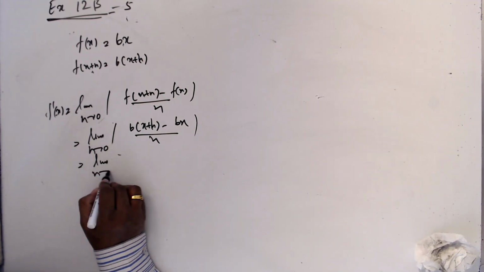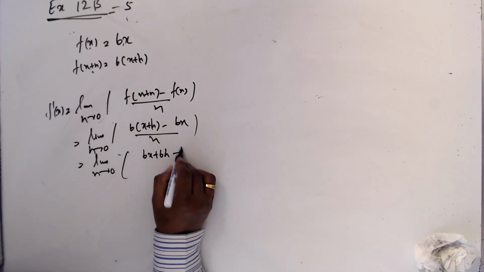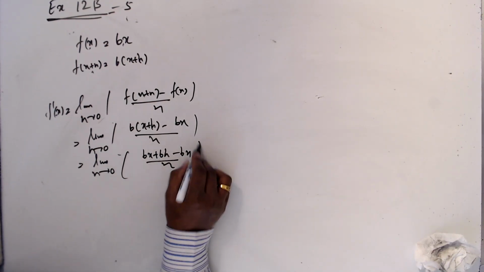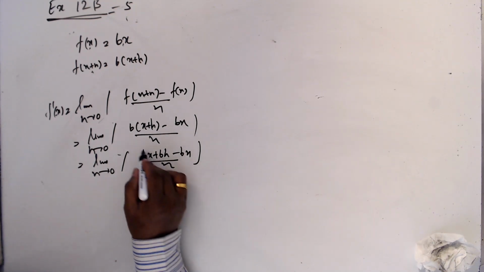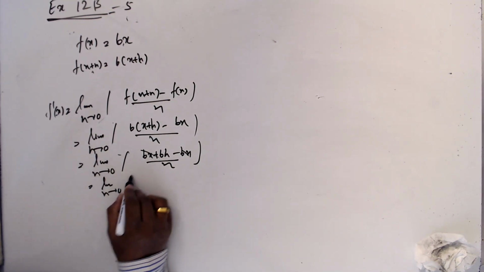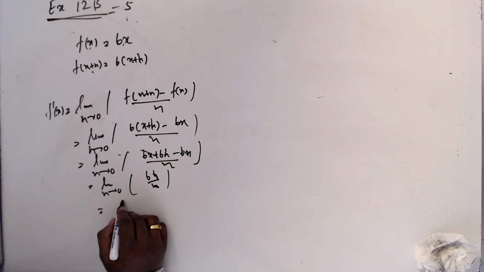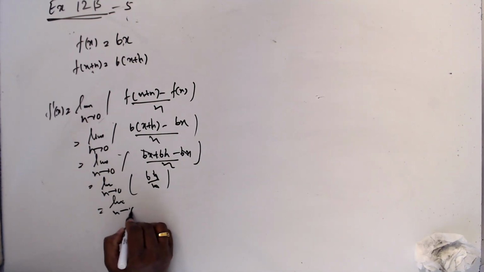The limit as h goes to 0 of 6x plus 6h minus 6x over h. So the limit as h goes to 0 of 6h over h, which is